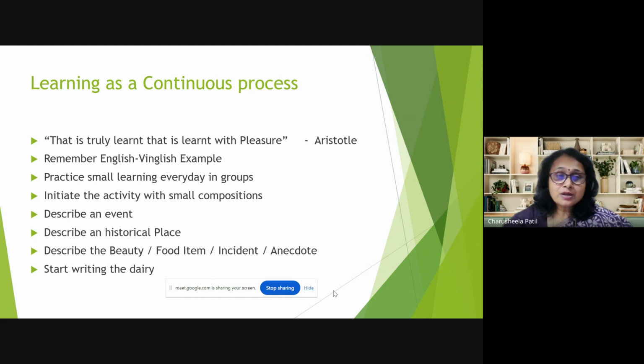So what are the things that I would suggest, some kind of remedies or tips that you can use for everyday developing writing skills. Practice small learning every day in groups. Please remember, I'm not saying write, I'm saying learning every day. When you learn something new, you have something that you can write on paper. So today I learned something new, so at least I can write about that on paper as my experience,